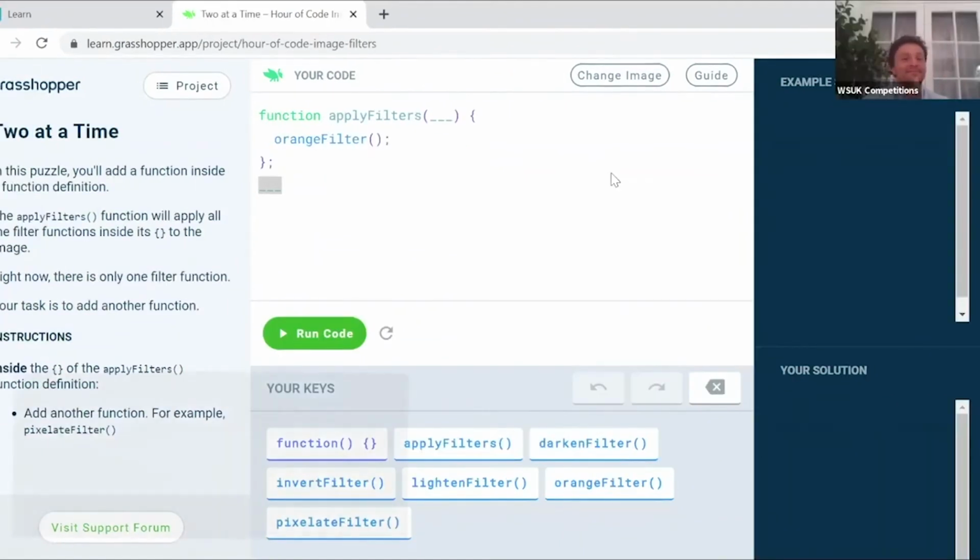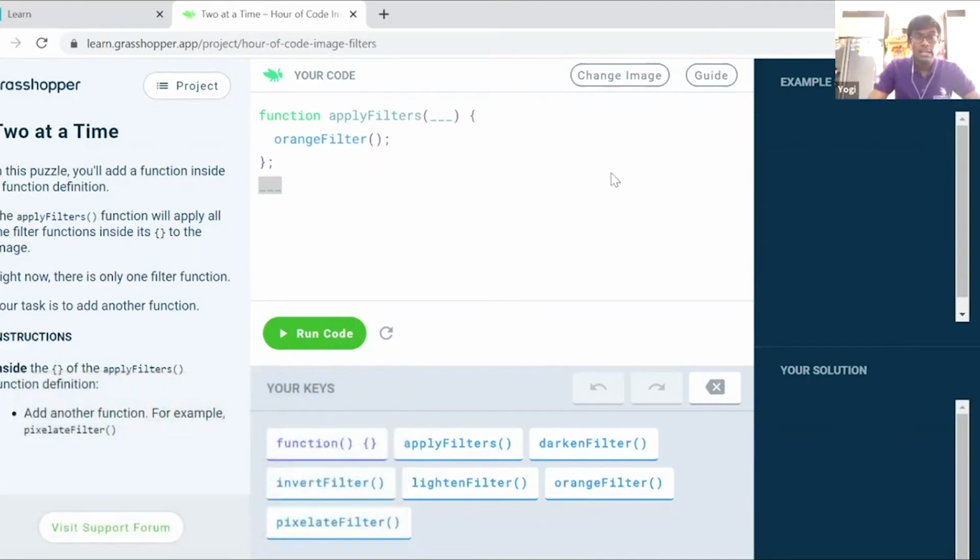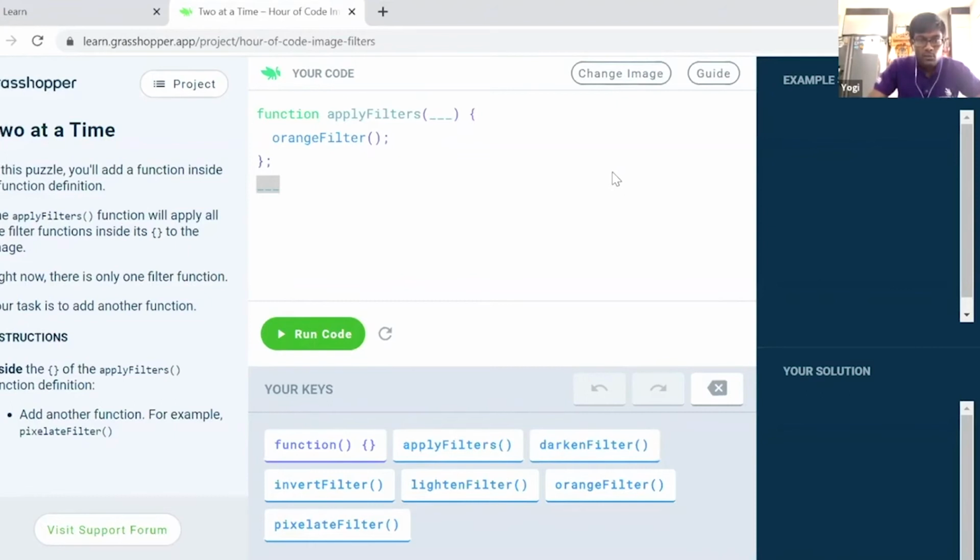Two at a time. What's this one? Two at a time. So in this, we're at a function inside a function. So the apply filter function will apply all the filter functions inside its curly brackets to the images. Right now, there is only one filter function. Your task is to add another function. So we're going to add another filter to this section. So as well as doing the orange filter, we want to add another filter. So we need to add in the pixelate filter